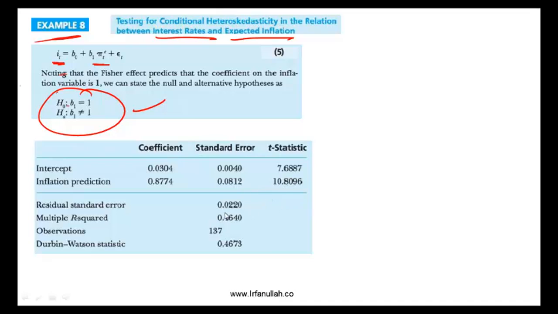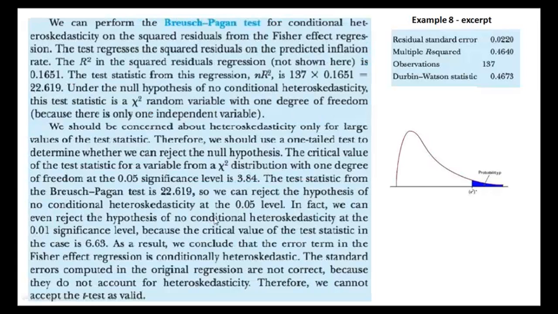Does this look significant? The R squared seems generally about 0.5 range is decent. There are 137 observations, but this is a decent number. We are not given the F stat. Let's just assume here that the F stat is decent and we are fine. What do we do next? We need to test for heteroscedasticity. How do we test for heteroscedasticity? By doing the